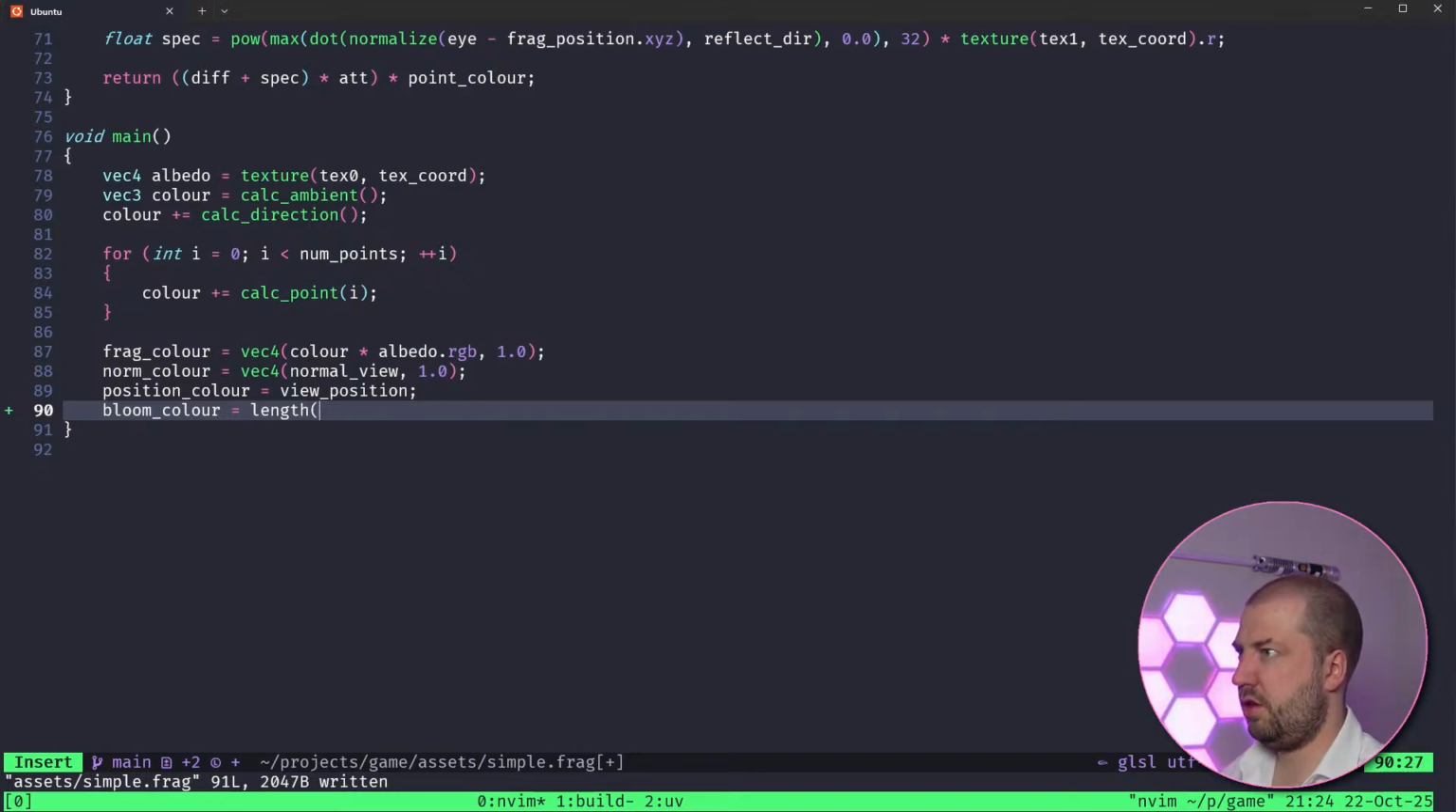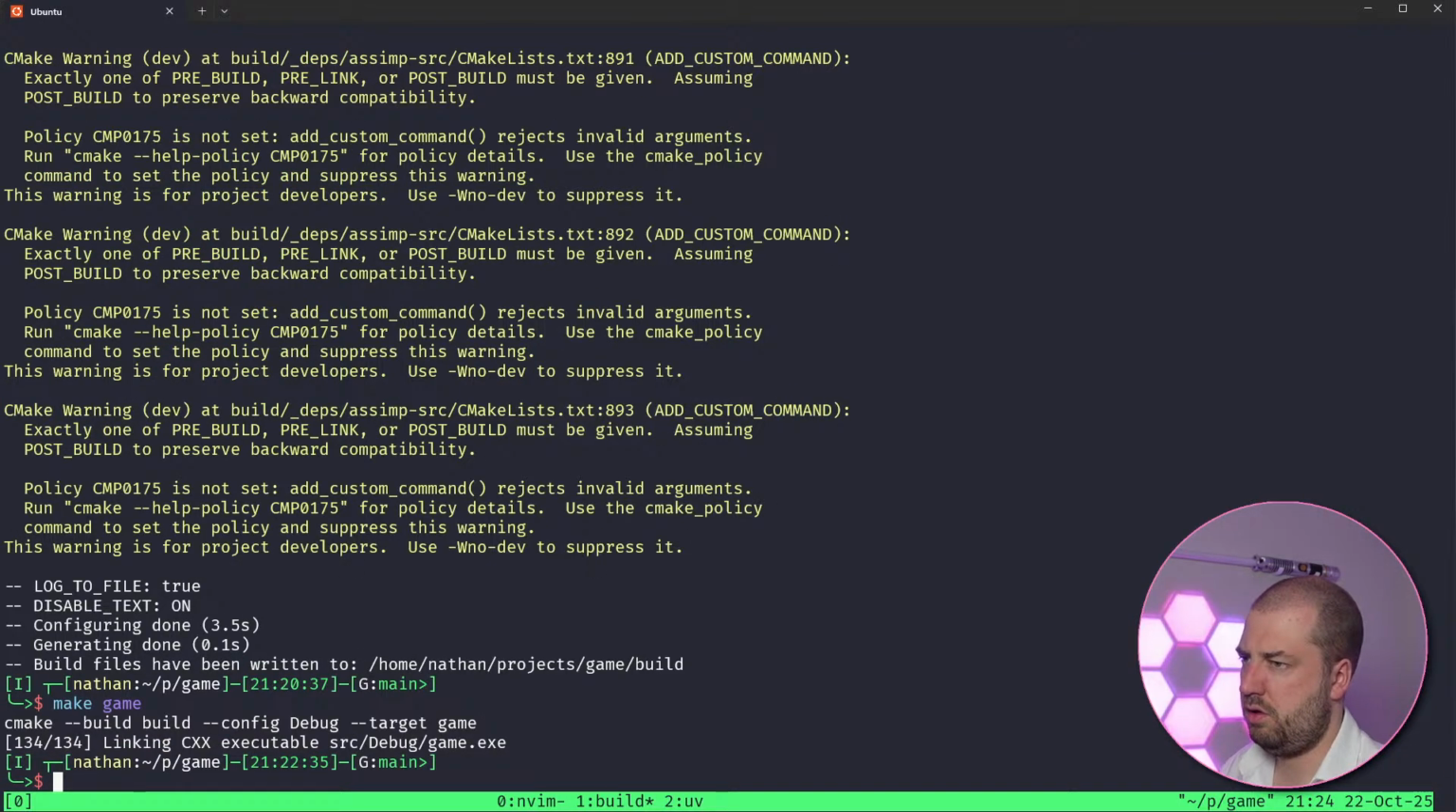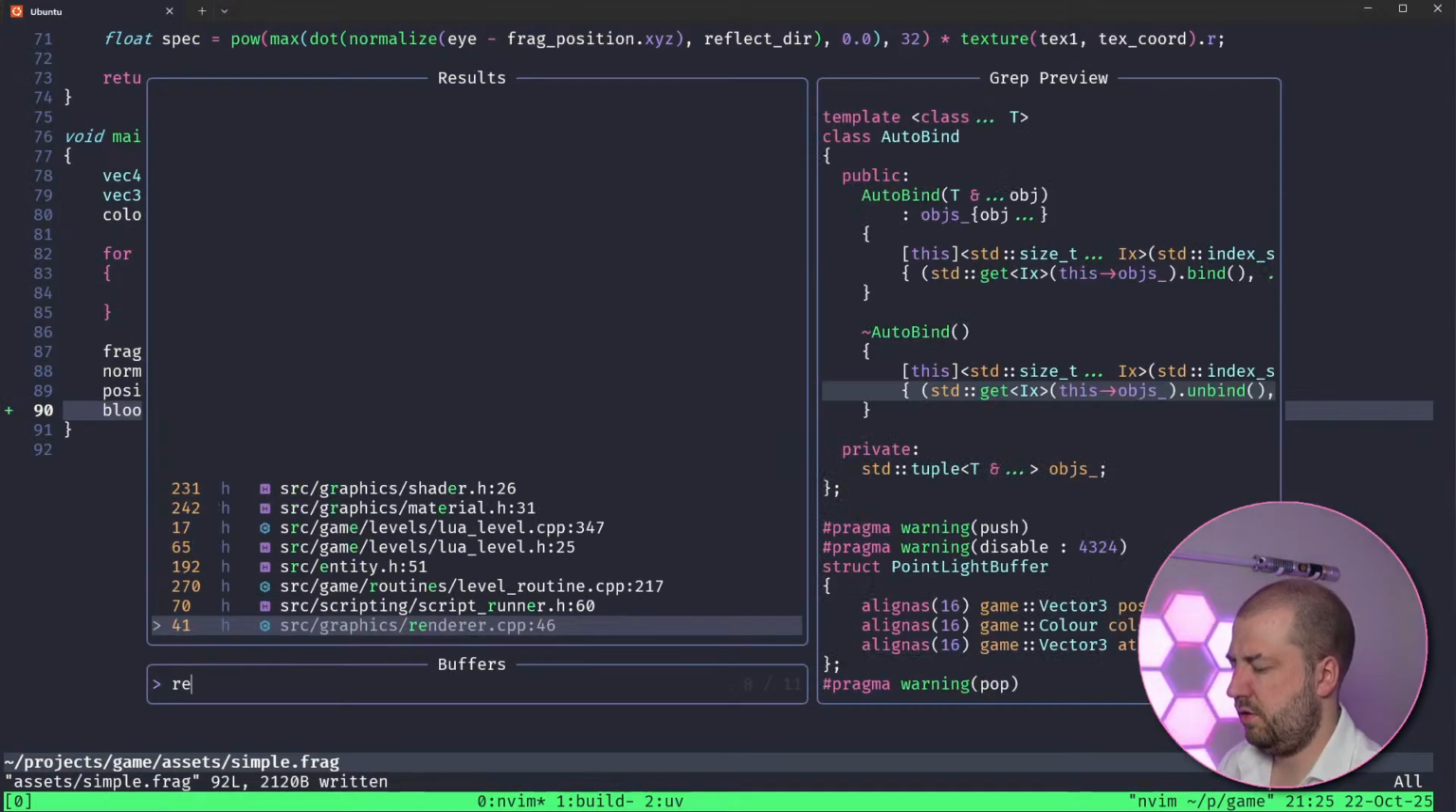Yeah, length of... if the length of the frag color is above, I don't know, 2, 1, what's a good threshold? Because you'd expect them to be normalized to 1 anyway. Else vec4 0.0f. Get those. And then if I go to the renderer,